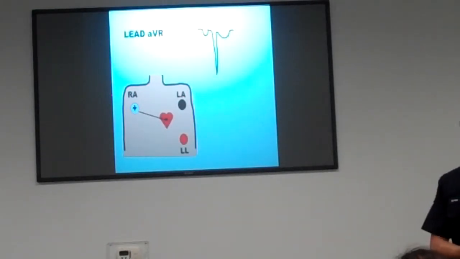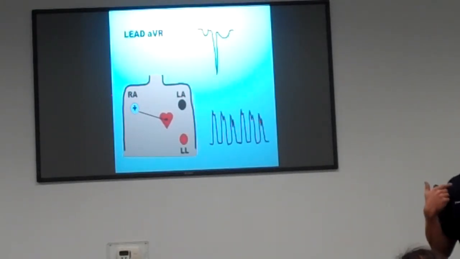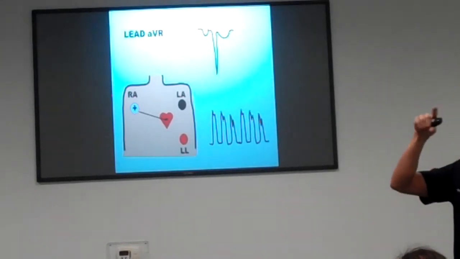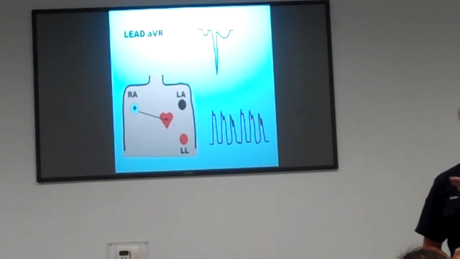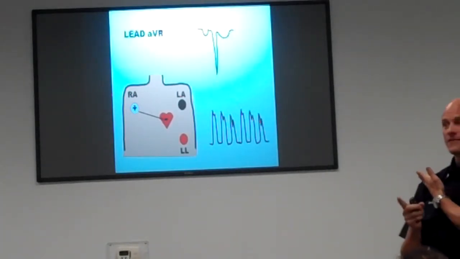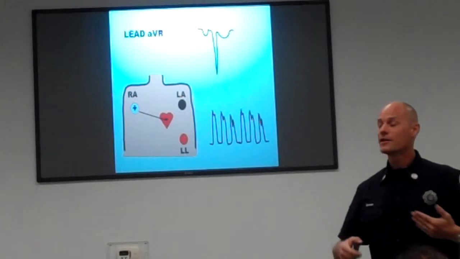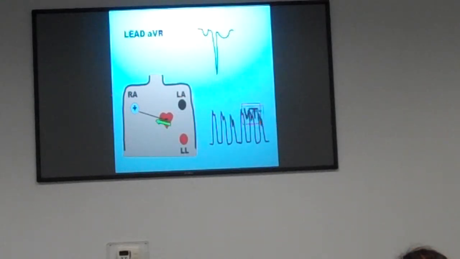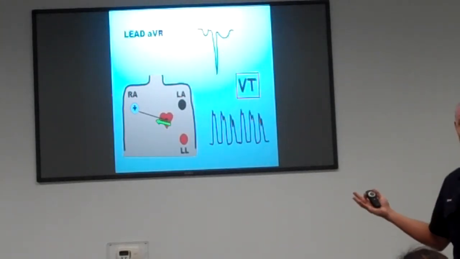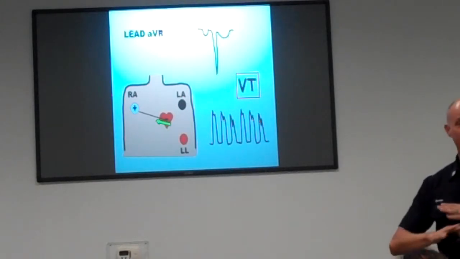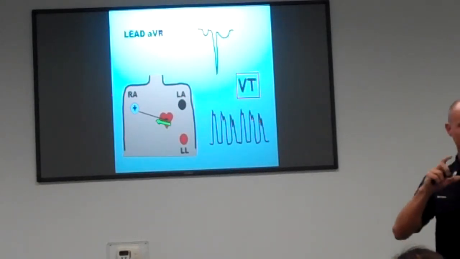Here's the catch. If for some reason AVR is positive, if it has a positive deflection, which direction is that electrical impulse coming from? What's that? Ventricles. It's coming from the ventricles. It's moving across the heart towards that positive. So if AVR has a positive deflection, most likely you're looking at VTAC. If you're looking at VTAC, you're going to see it in all leads, and you're probably not worried about AVR, right? So based on that, AVR is useless, and that's why you have a big X on that little card